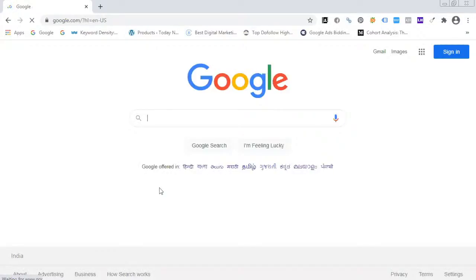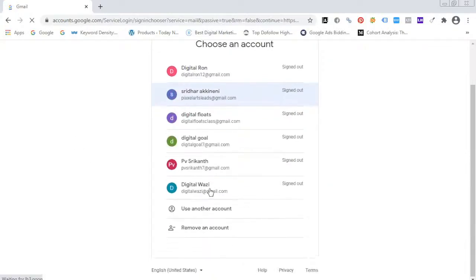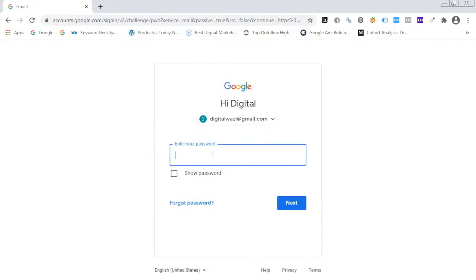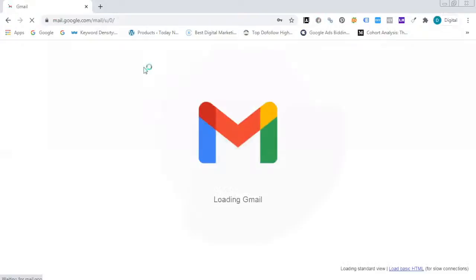Everyone created a blog. What is the password? At the rate 1 2. So after logging into our Gmail ID,